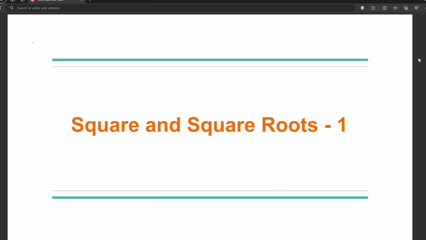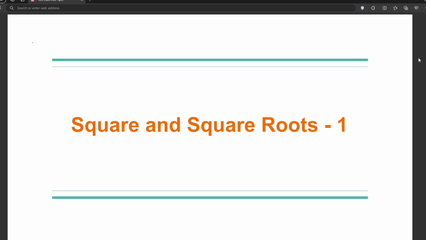Hello students, this is our first class of square and square roots. I think you all have the basic concept of square and square roots because you have studied this chapter